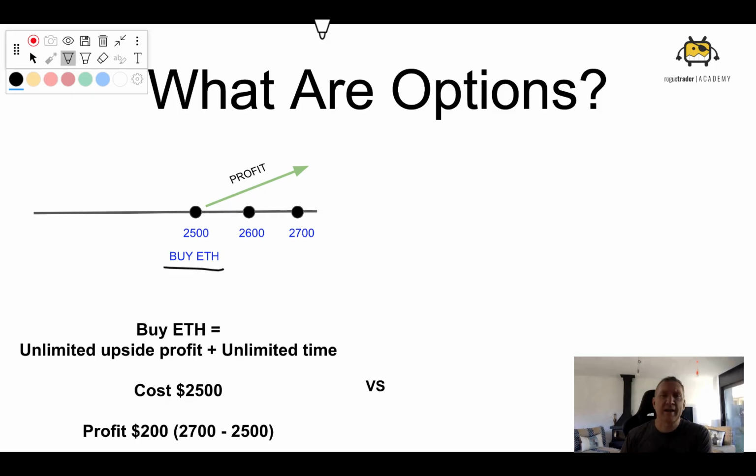But when we're looking at that last example where we're saying, hey, let's buy Ether. We think Ether is going up. Wonderful. Well, you could just buy some, at $2,500, right? And your profit could go to the moon. It could be worth $3,000 tomorrow, or $5,000, or $10,000, or whatever. It's got unlimited upside. Okay, that unlimited upside profit and unlimited time. I mean, you can hold on to that sucker for the rest of your life. 10 years, if Ether's still around in 10 years, I don't know. But you can hold on to it for a long time to let that happen.